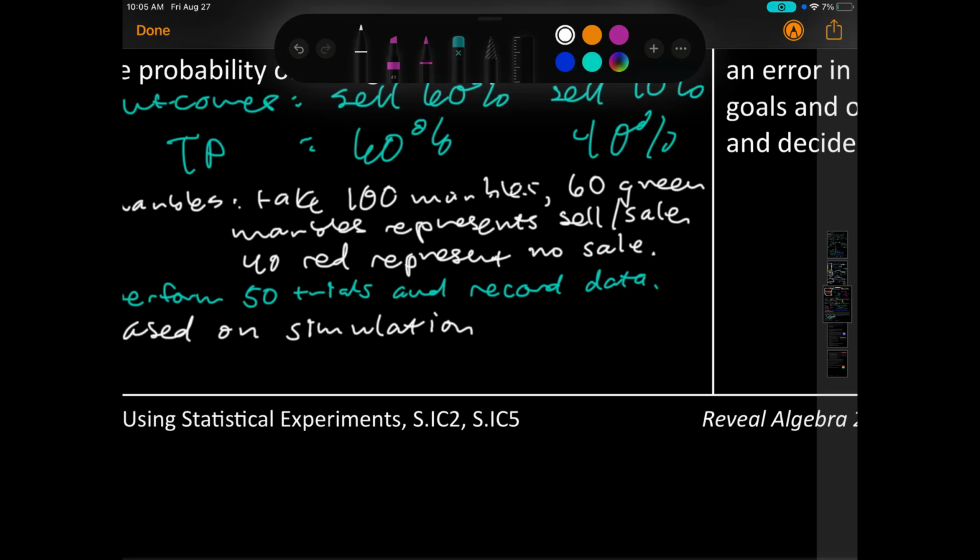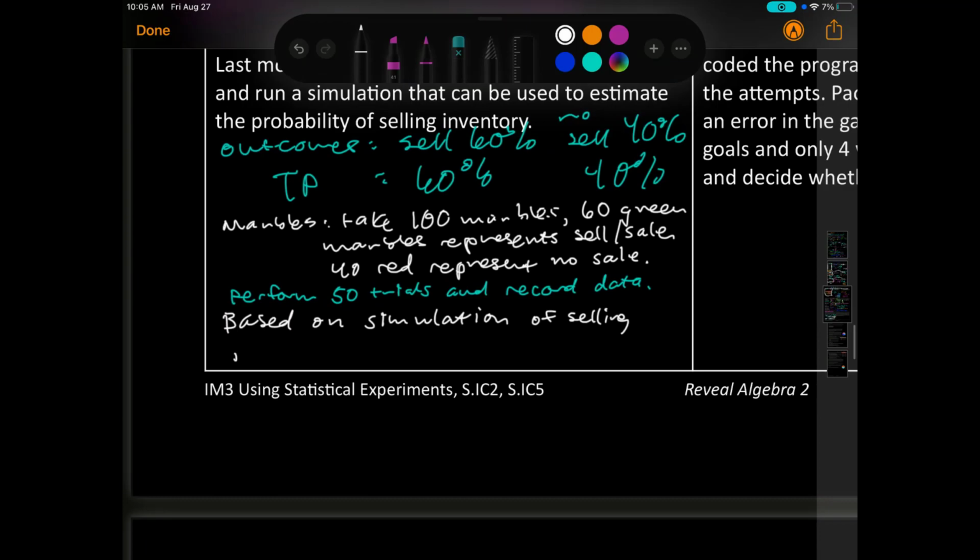Based on the simulation of selling inventory, maybe you get something like 64 greens. And not selling, you got 36 reds. Well, we did 50, so 50 times,